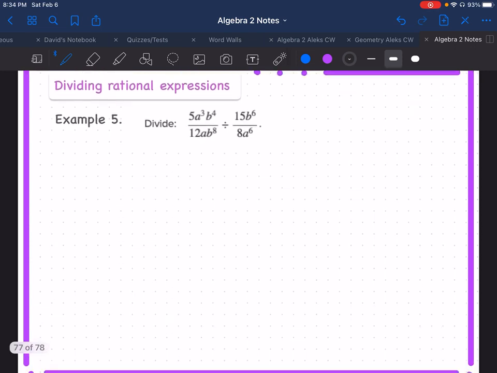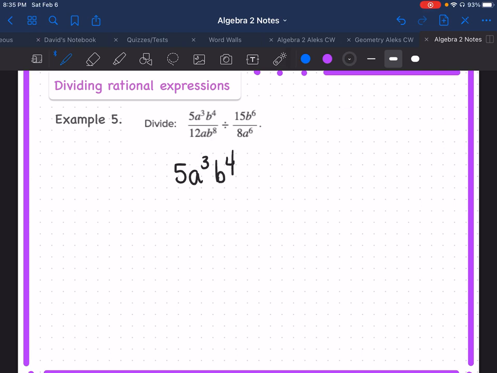Let's go ahead and start with something like this, where we're going to divide 5a to the third, b to the fourth over 12a, b to the eighth, and we're going to divide that by 15b to the sixth over 8a to the sixth. I'm going to go ahead and leave them the way they are right now, and I'm just going to do the KFC. So I'm going to keep the first